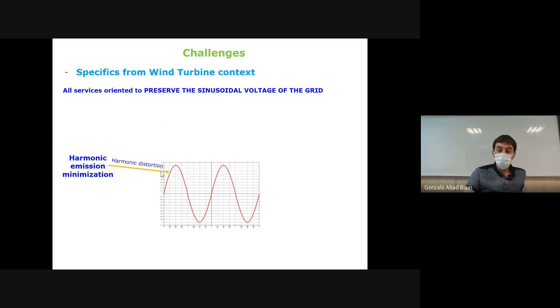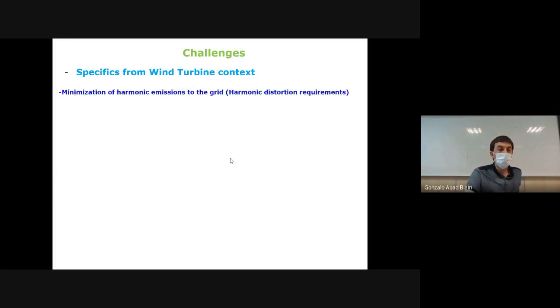Okay, as I said before, yes, this should be 50 Hz, but only one frequency of 50 Hz, not a summation of the dominant 50 Hz plus an amount of harmonics due to the switching of the power electronic converter. This is not useful at all. This is not desirable. So the grid voltage must be substantially clean of harmonics.